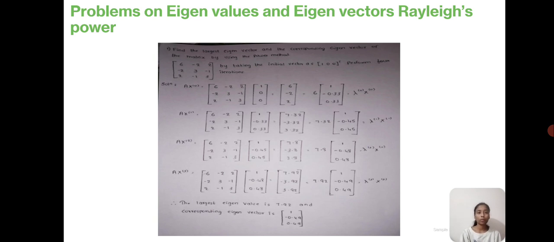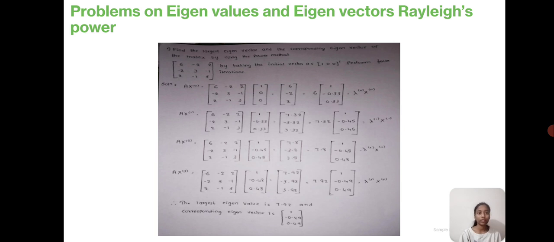Let us see problems on eigenvalues and eigenvectors by using the power method. Find the eigenvalue and the corresponding eigenvector of the matrix by using the power method. Given the matrix [6 −2 2; −2 3 −1; 2 −1 3]. By taking the initial vector as (1, 0, 0)ᵀ, perform 4 iterations. Solution. Ax⁰ is equal to the given matrix into